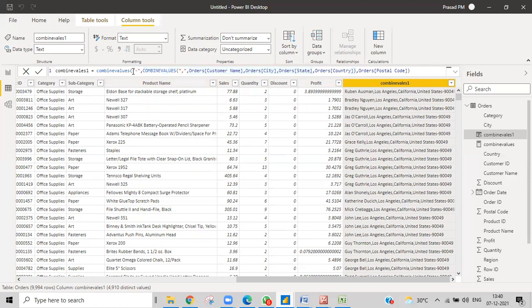Below, I'll show you what the syntax is. Just give a comma, and you'll get this. You write the delimiter first, and then the next. How many times you write this combine values doesn't matter. The only thing is every time you write it, it should be in this format. Here it was written as an expression: you can take a string or an expression which gives you a string output.